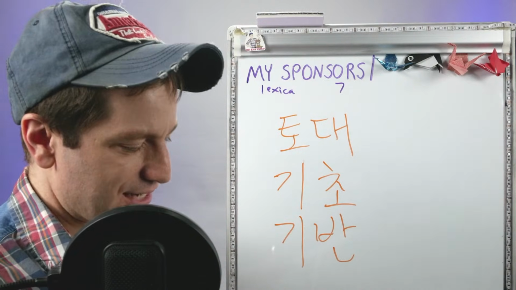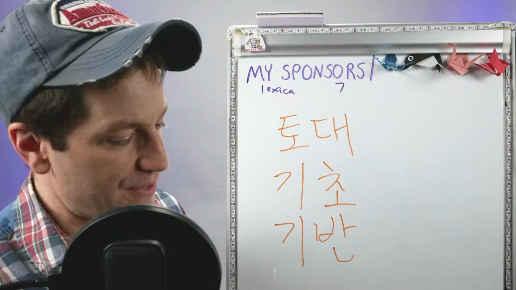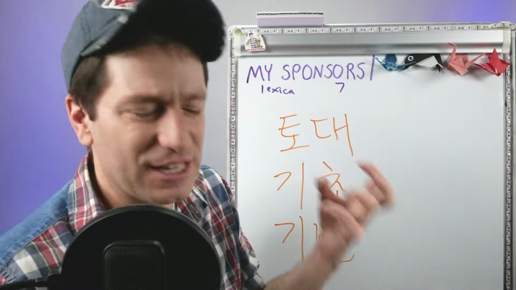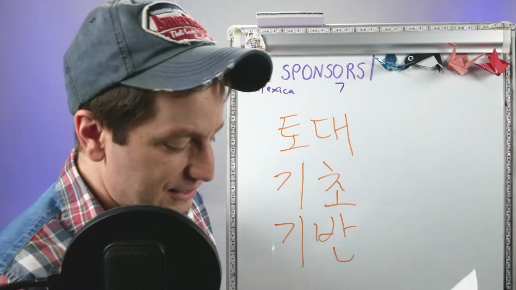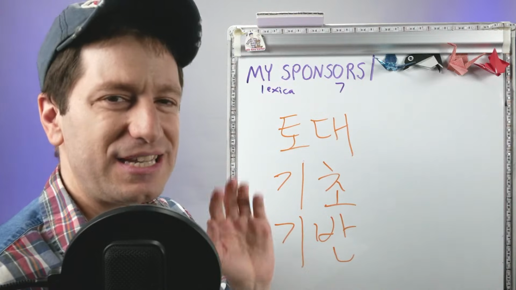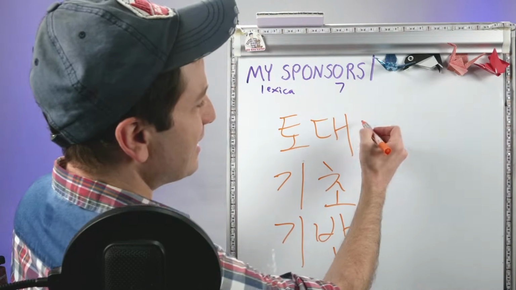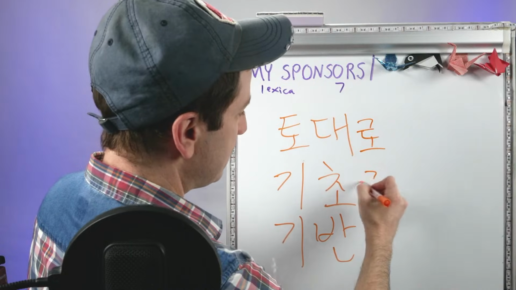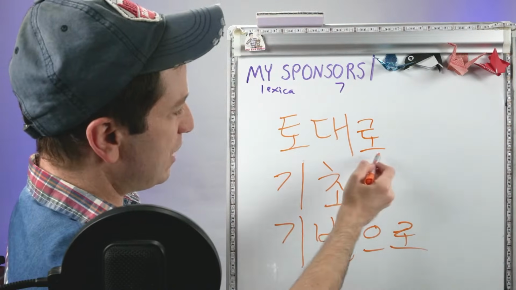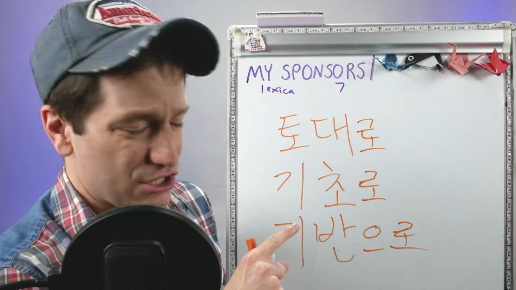Now, 바탕, as I mentioned, is an abstract word that can mean the foundation or the basis, but it can also mean the background for something or the ground of something. Well, these words are less abstract, so their nuance will be slightly different. They're used in the same way by adding 로 or 으로. So you have 토대로, 기초로, and 기반으로. The nuance difference, though, is that